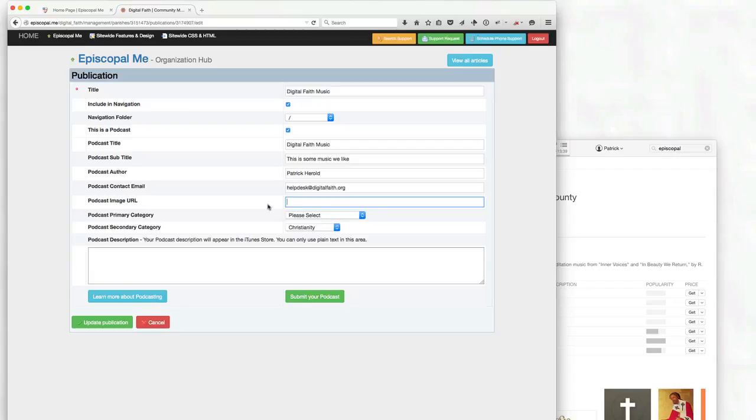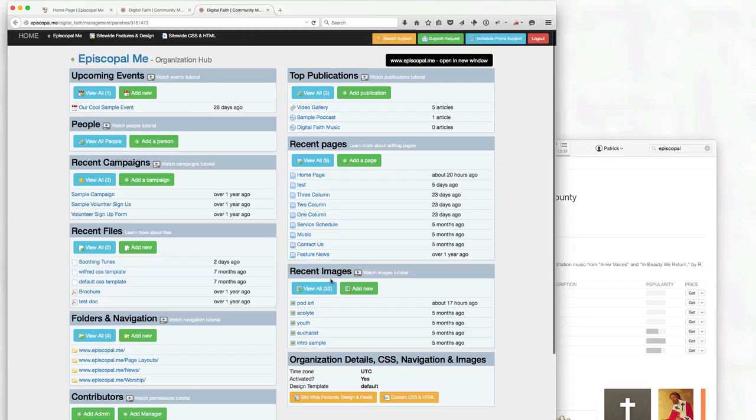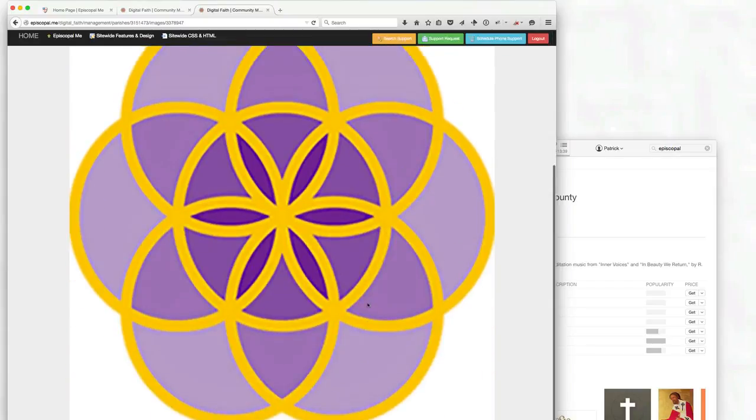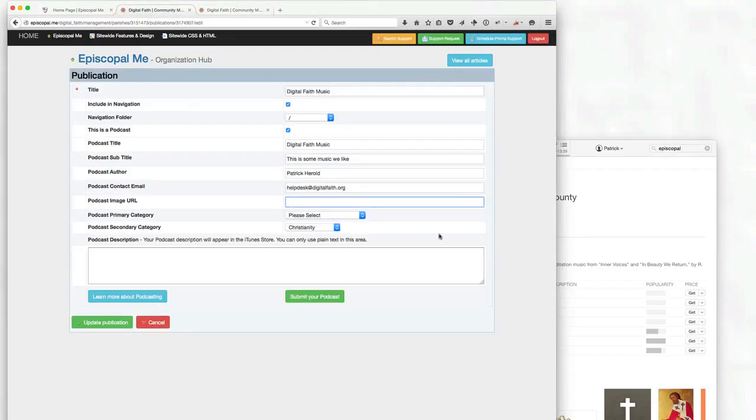Now for images, I'm going to go ahead and go back to the hub and take a look at this. Images for this area need to be at least 1400 by 1400 pixels in resolution. And I've created this little piece of art for our podcast, so I'm going to place it in there as the proper size. And then I'm going to select the music category, and let's just say it's inspirational, and